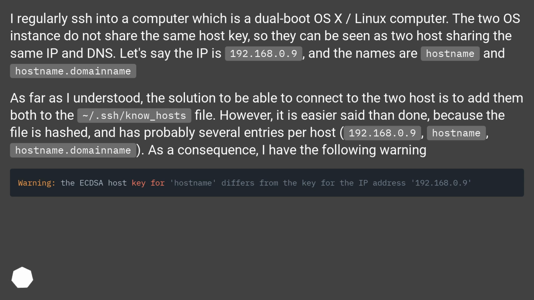Let's say the IP is 192.168.0.9 and the names are hostname and hostname.domainname. As far as I understood, the solution to be able to connect to the two hosts is to add them both to the ~/.ssh/known_hosts file. However, it is easier said than done, because the file is hashed and has probably several entries per host,